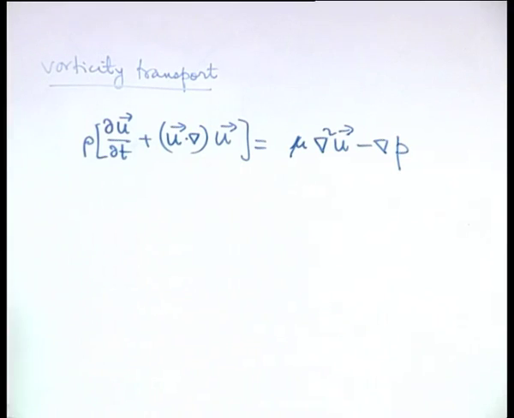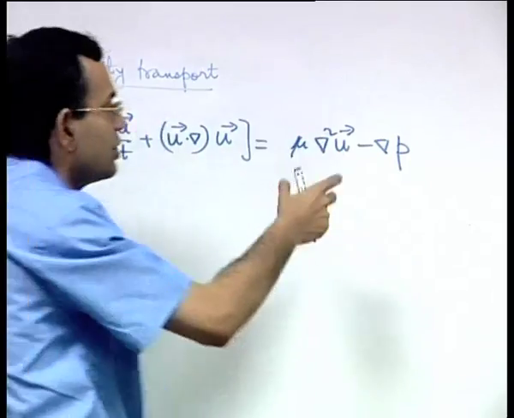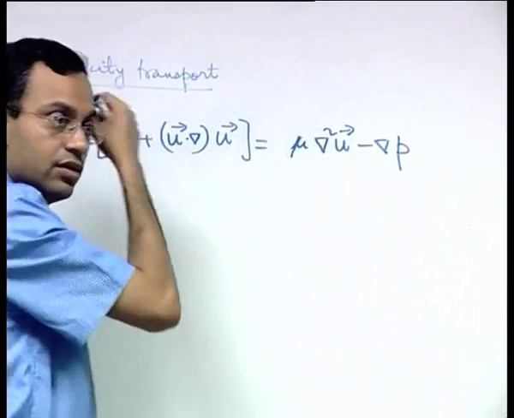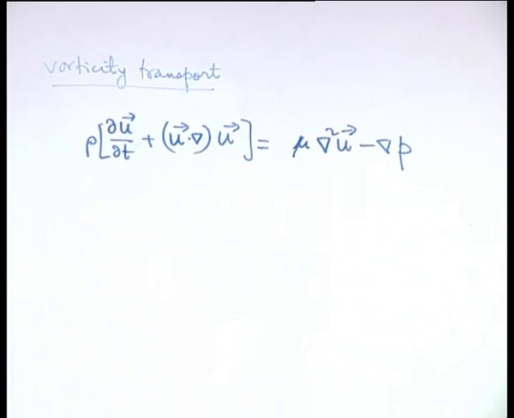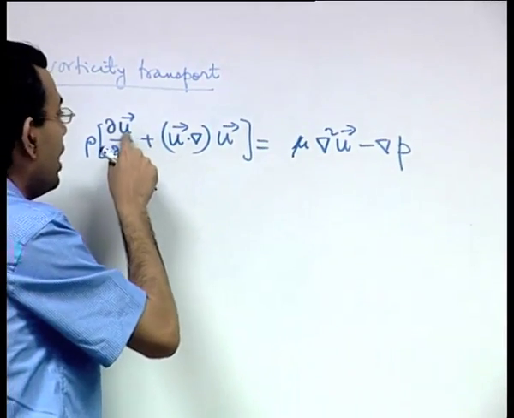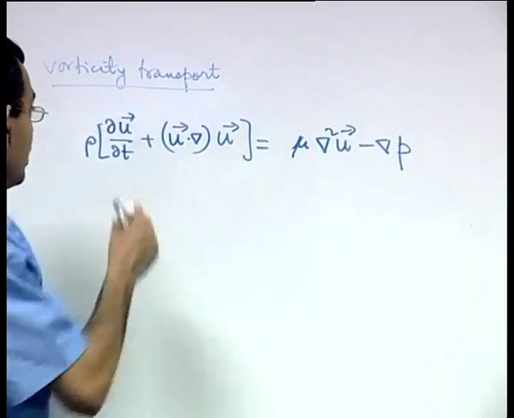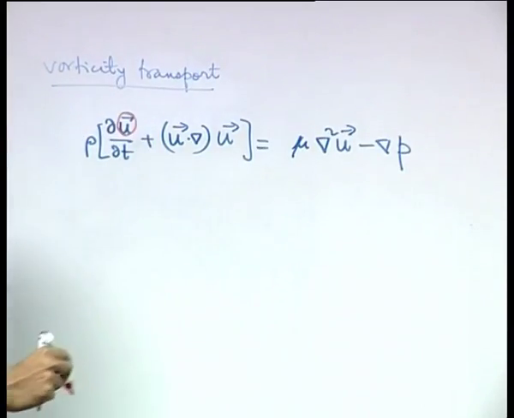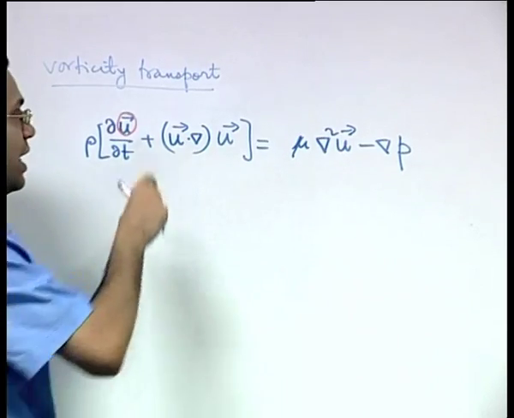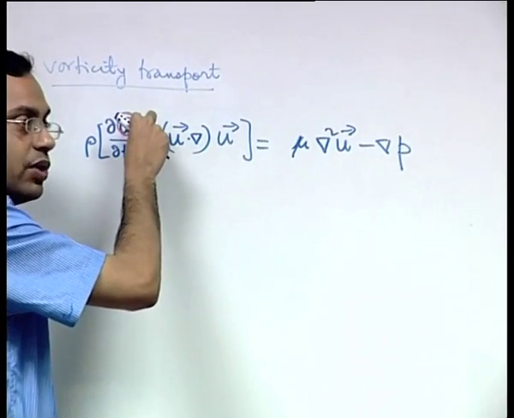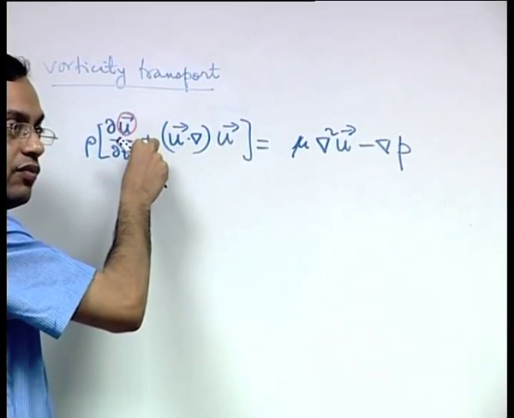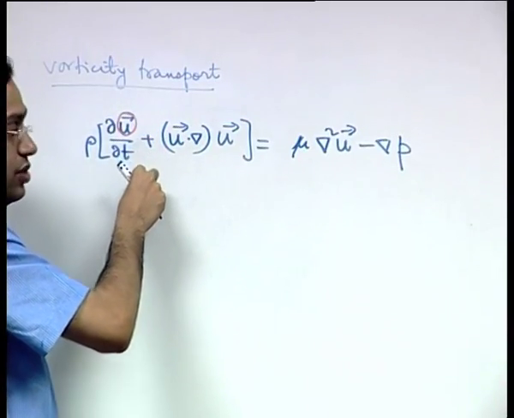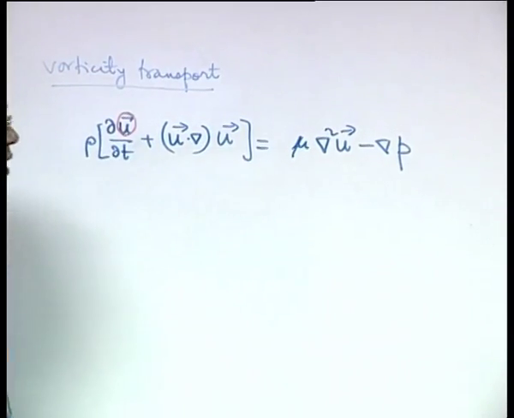So what we have written here is the Navier-Stokes equation without any body force term in a vector form. It is like if we have written the velocity vector u in a single term, you can obtain this by finding the vector sum of the x component, y component and z component of the Navier-Stokes equation. Okay.